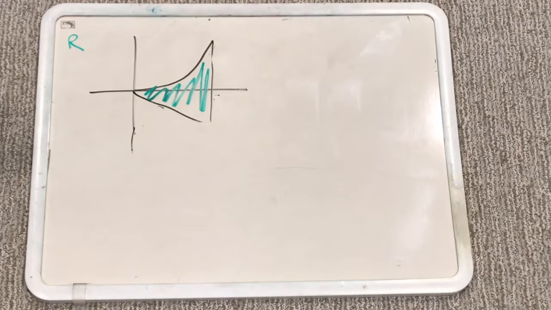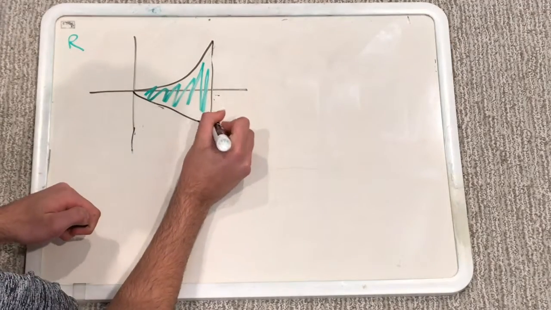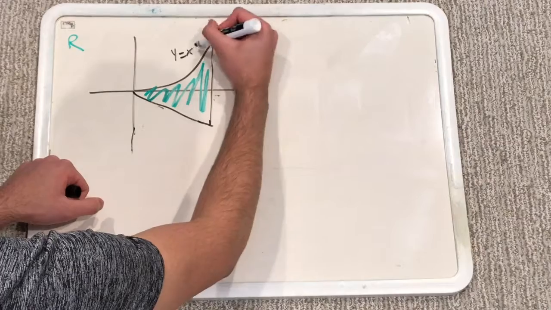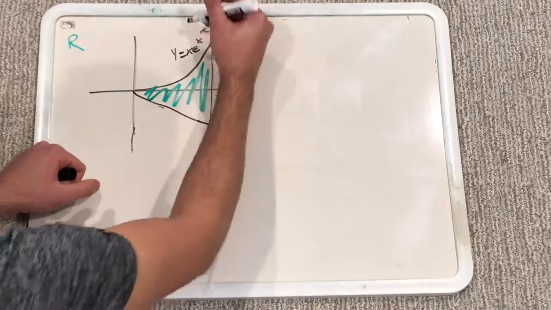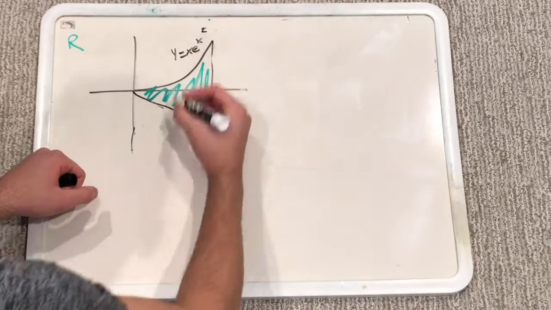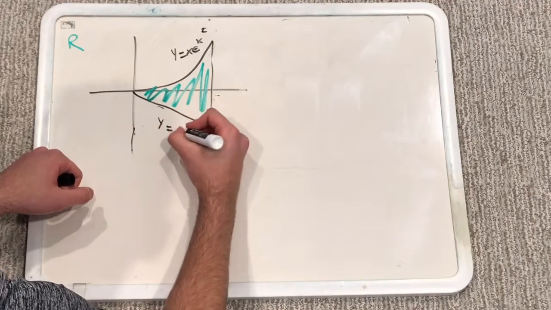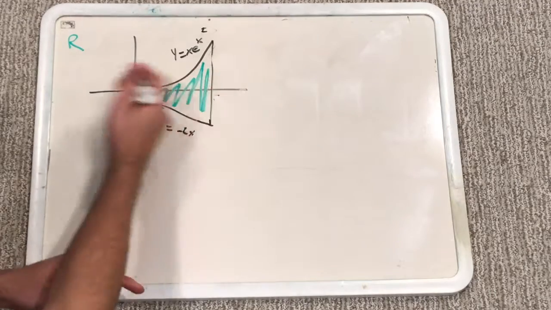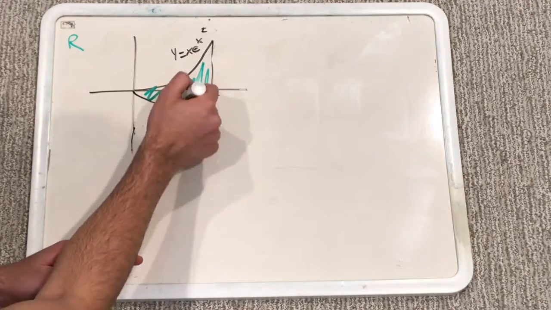length. So we're going to start out with the function over here represented by y equals x times e to the x squared. And this function right here is going to be y equals negative 2x. So the first question states to find the area of R, and R is represented by the green shaded area